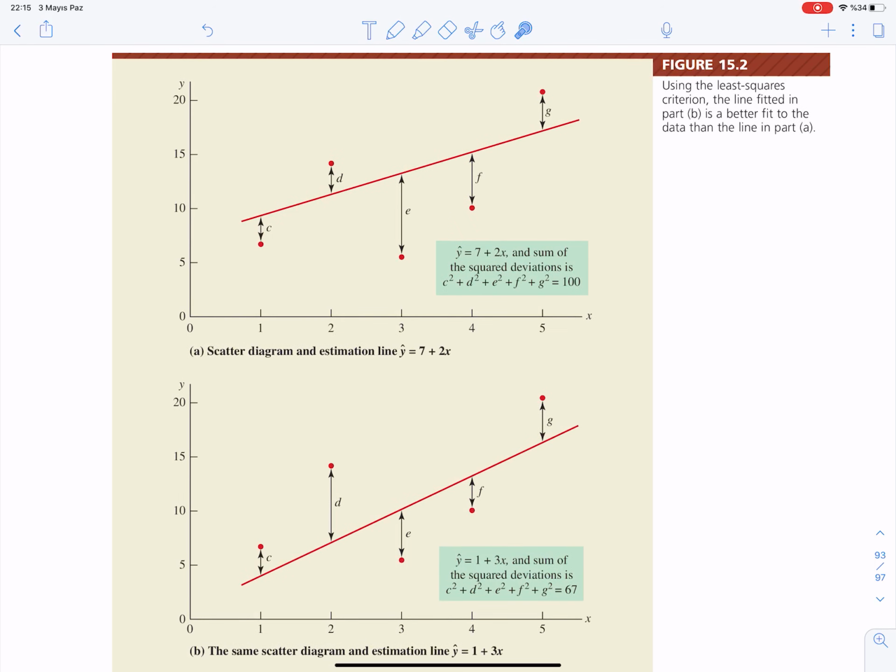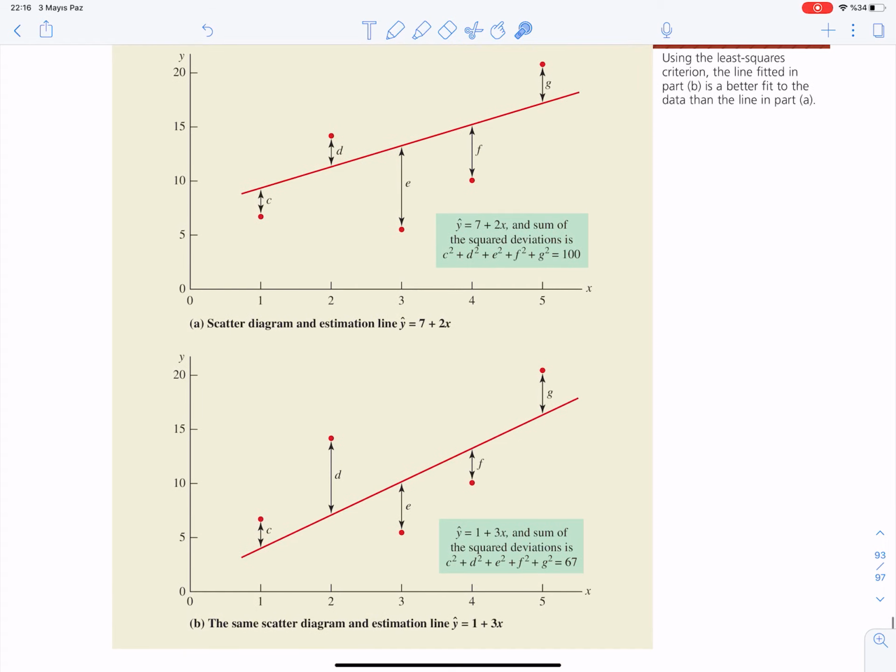We have two regression lines. This regression line is, say, y hat equals 7 plus 2x. Okay, 7 plus 2x. And this line is 1 plus 3x. This is another estimation of